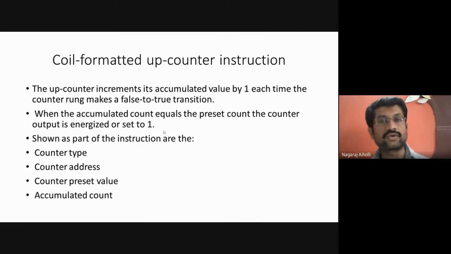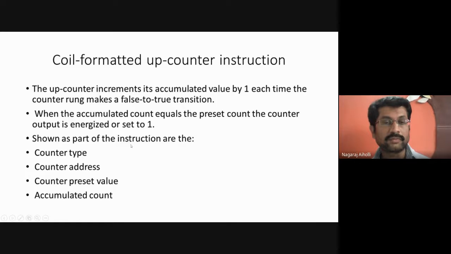The same is also holding good for the counters. Once the timer completes its timing operation, which bit is enabled there? Which bit is set? Done bit. Excellent. Done bit is set, the DN bit. So when this done bit is set, it indicates that the timer has completed its operation. Similarly, in the case of counters also, after the completion of its counting process, the done bit will be activated. Done bit will be made equal to 1.